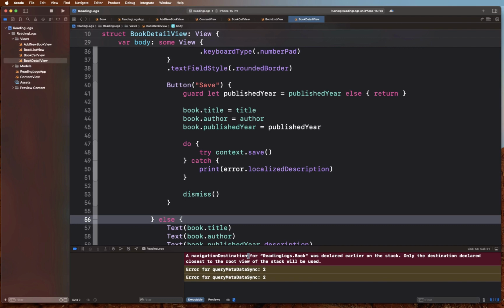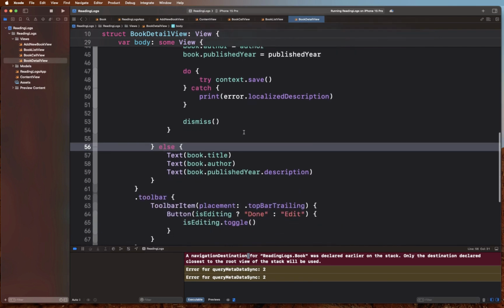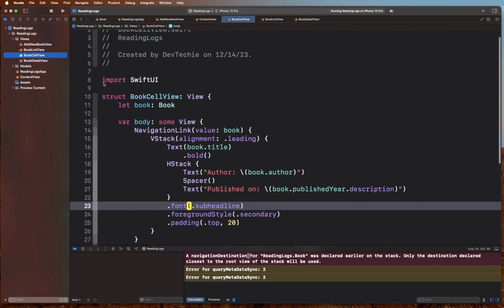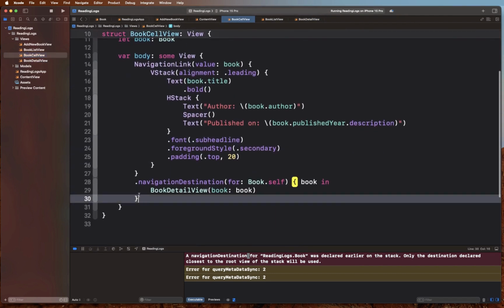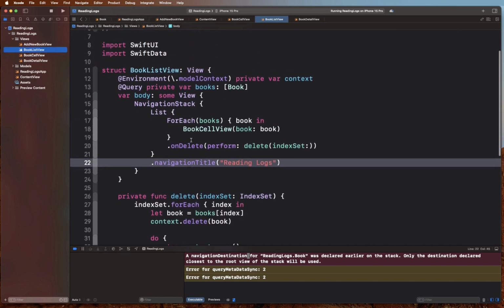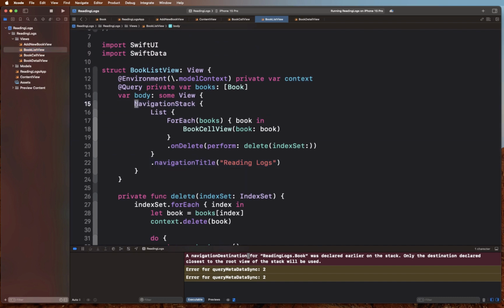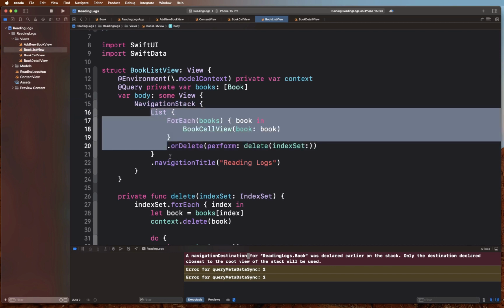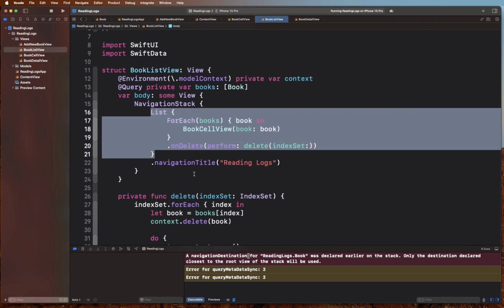What this error is trying to say is wherever we are creating or calling this navigation destination, so let's go ahead and see where we are calling this. So this is where we're calling navigation destination. It is being called too late in the flow. So essentially what it is saying is that we have this for each, and we should handle basically a destination for the navigation stack rather than handling it for each record, because this is gonna create multiple of those entries, and we don't want that because